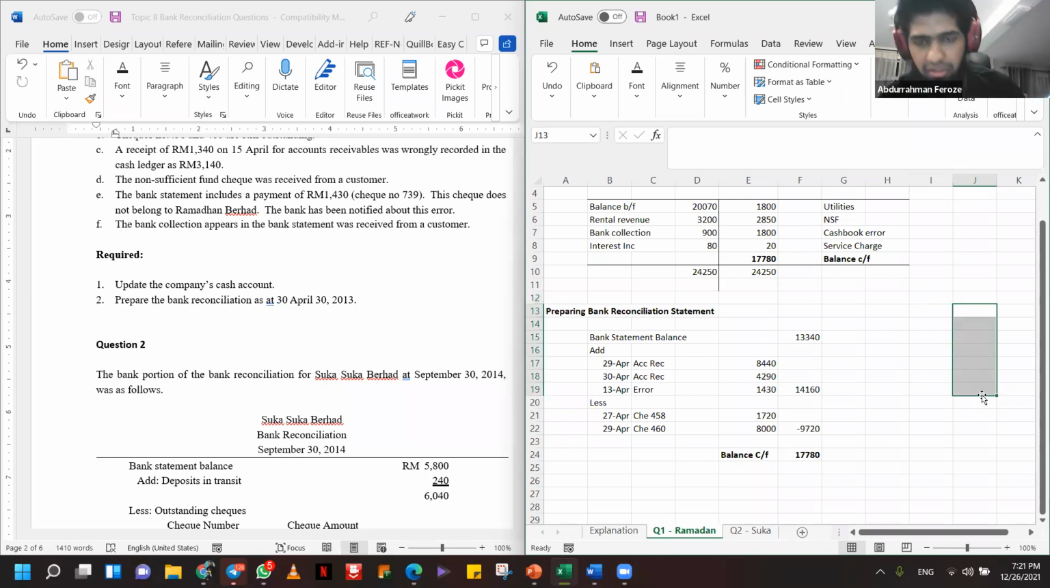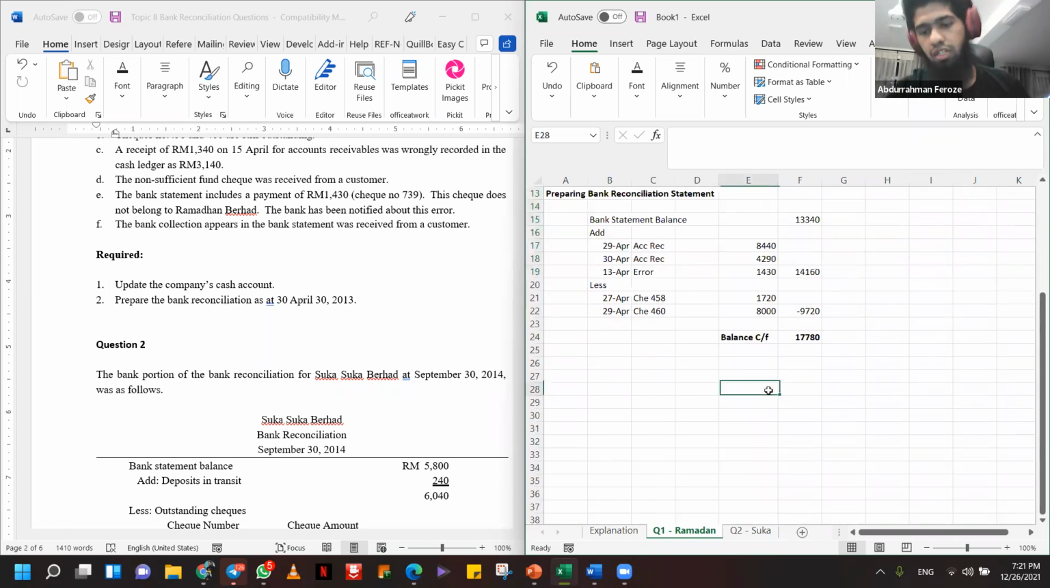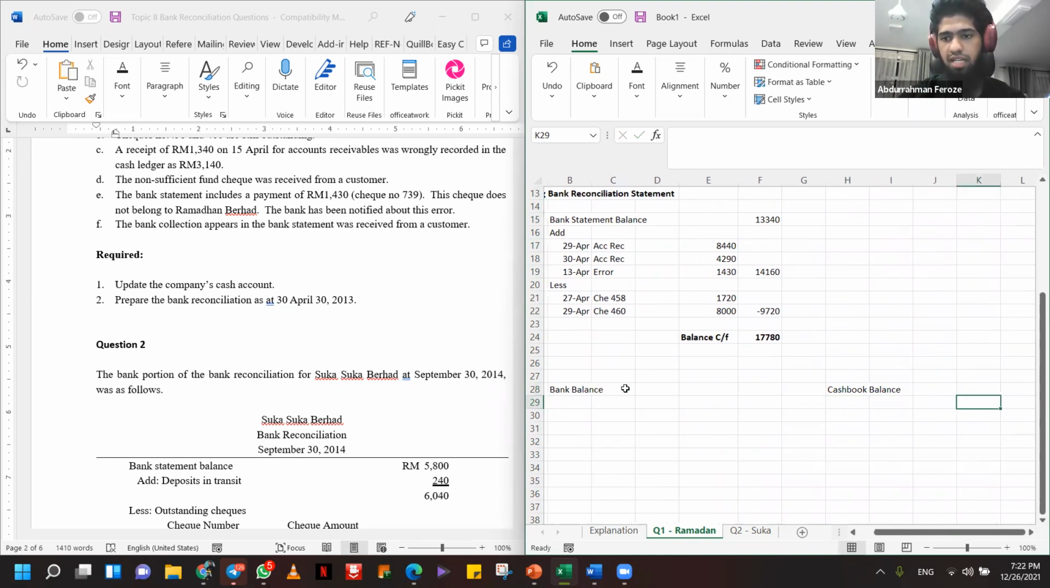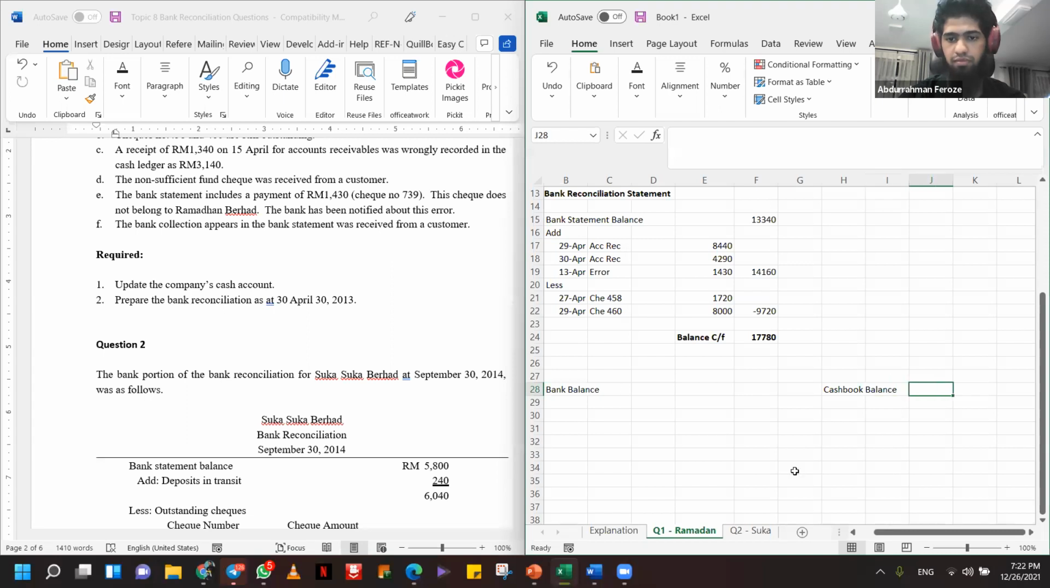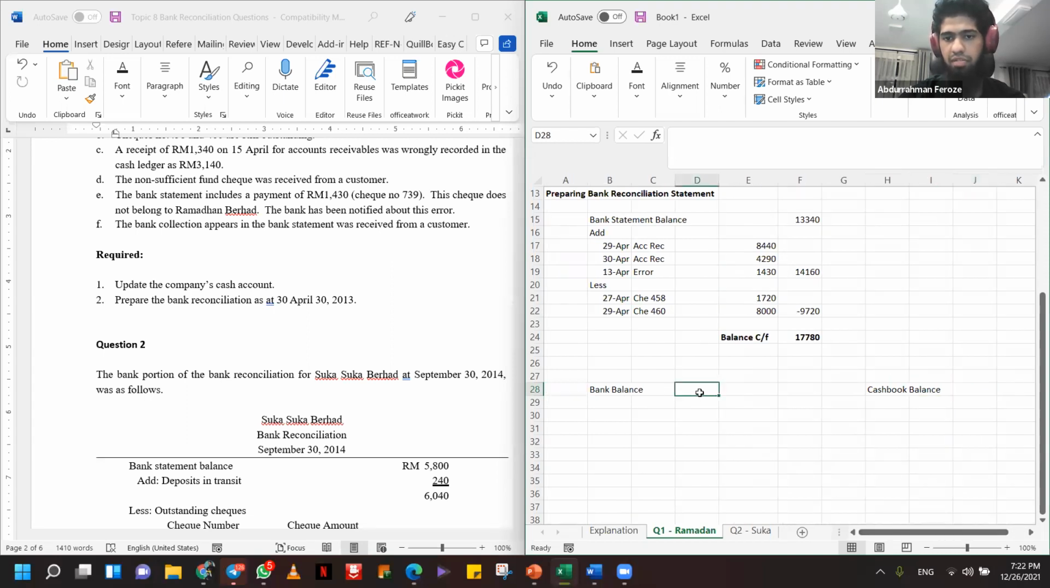So the second method, what you do is, I will not do the whole thing. I'll just explain a bit of it. So what you do is you start off. Let's say you have two columns. You have the bank balance, and then you have the cash book balance. Okay, so here the bank balance was